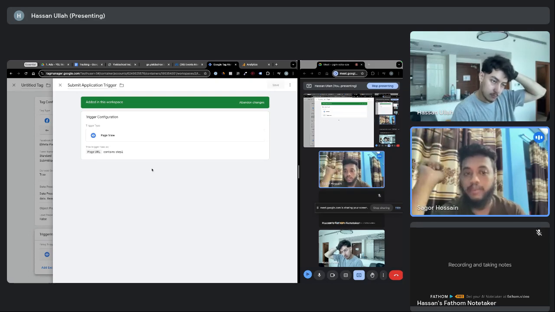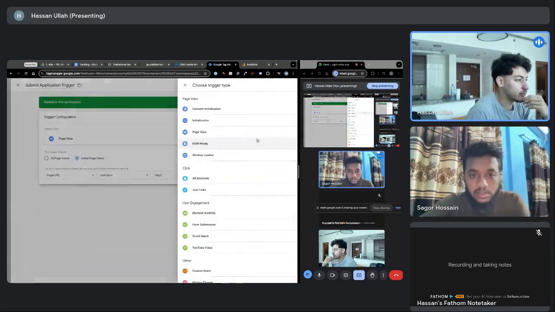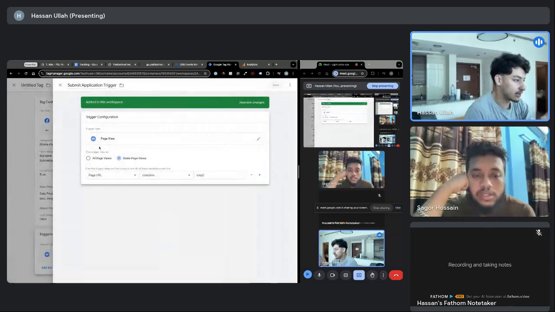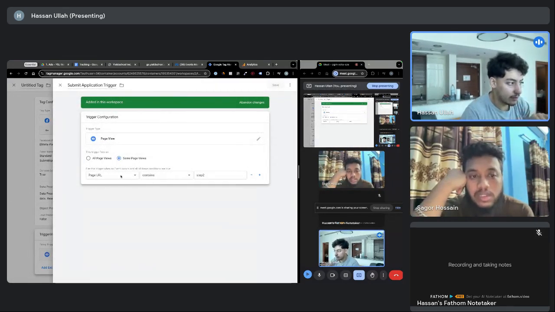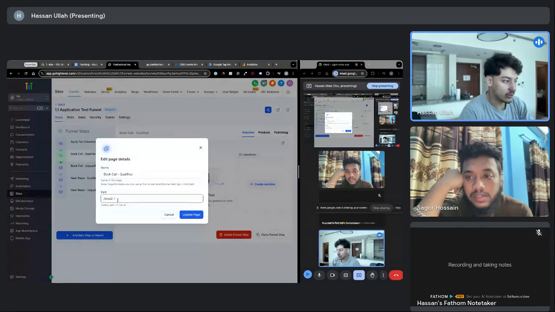Track the submit application. Just make sure. This is a page view. So just to confirm, with this setup here, I can go back and change this to -1, -2, -3, and